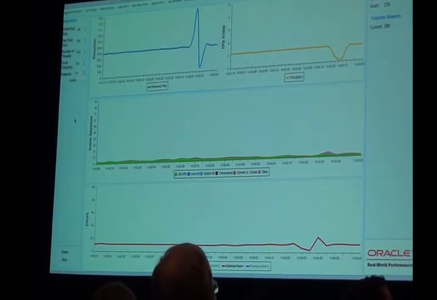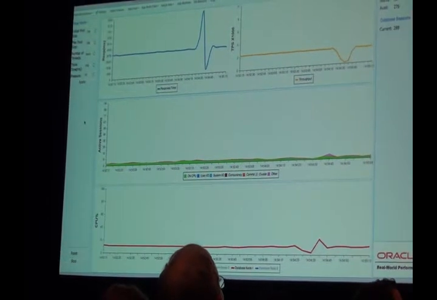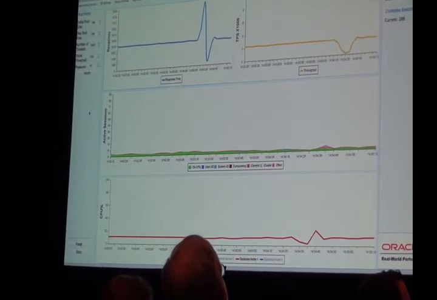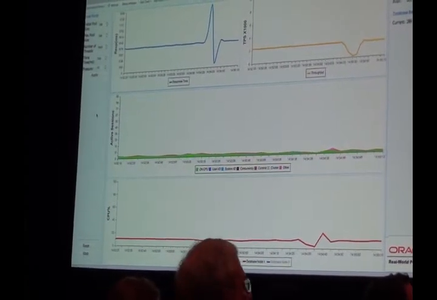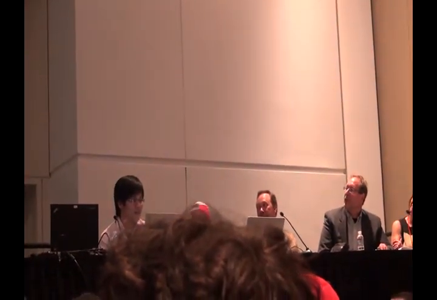Maybe we should have the Real World Performance team. Okay, Real World Performance team, what do you see? Do you have any ideas what's wrong? Well, apart from that, if we look at that response time, it's running at about three seconds. When we look at the database, it looks like the database is really pretty quiet. It's not really doing very much. So, are we really sure this is a database problem? It seems like we need to get more data here.